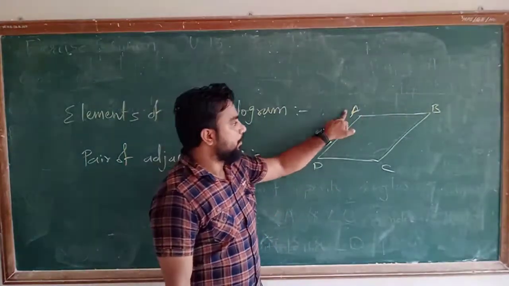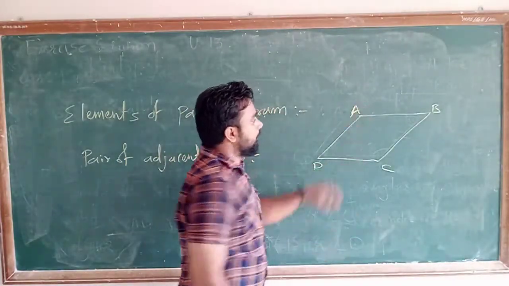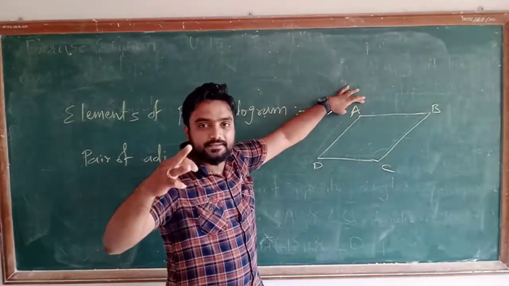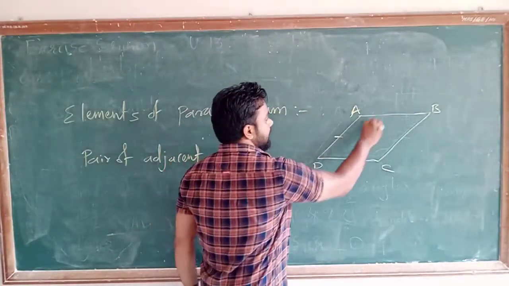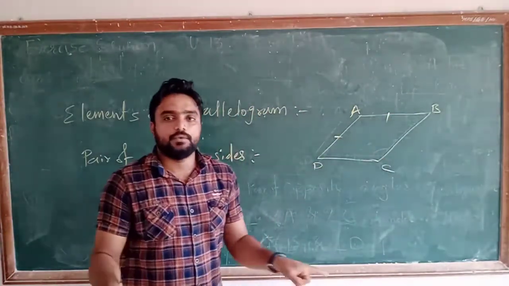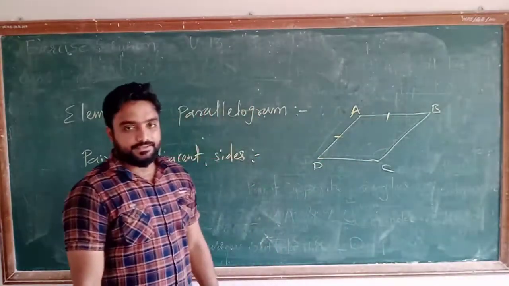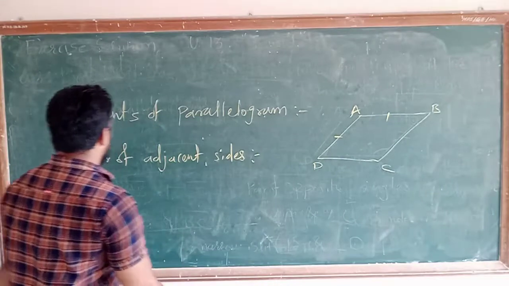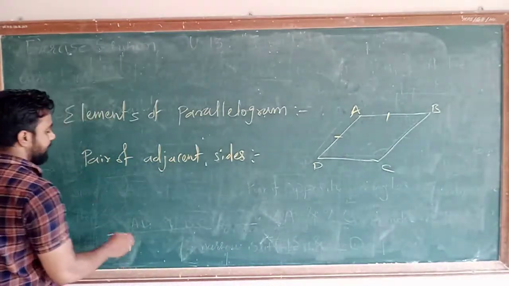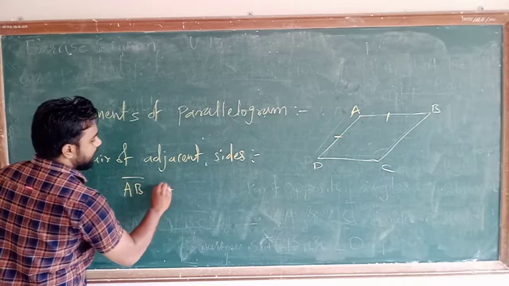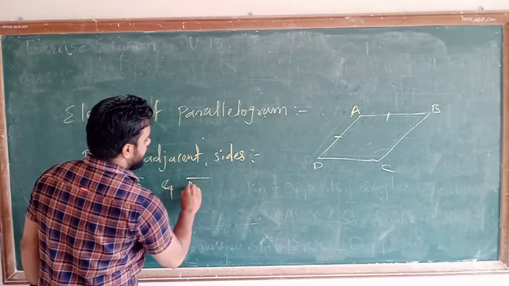Suppose I am taking vertex A. तो यहाँ वर्टेक्स A लेता हूँ तो वर्टेक्स A के रिलेटेड दो एडजेसेंट साइड्स कौन सी होगी? So this one and this one. Okay, जो बाजू बाजू में हम बोलते हैं वही. तो दोनों ही sides both are adjacent sides. Okay, so I will write there are many pairs. So pair of adjacent sides. First one is side AB and side AD.